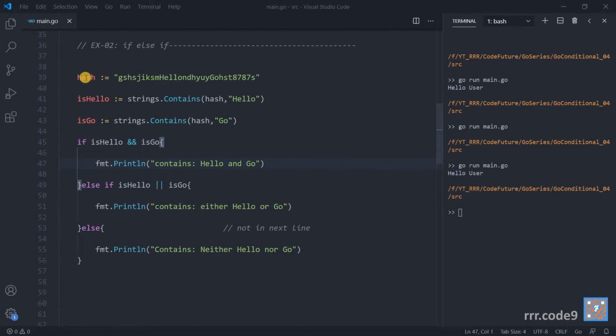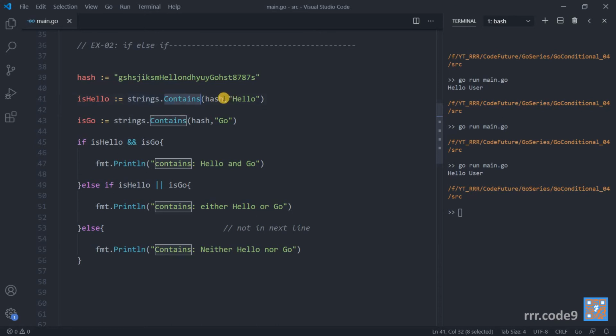Here you can see there is a variable hash which contains a random string. Inside this string we have two recognizable substrings, that is hello and go. The basic task is to find out whether hello and go are present inside this string or not. In order to find the string hello and also the string go in the hash string, we are using this contains function of the strings package.